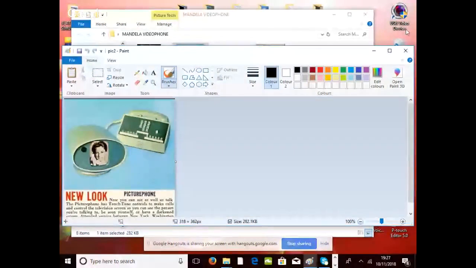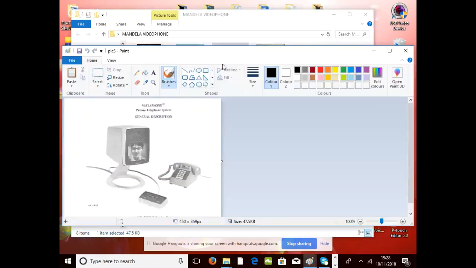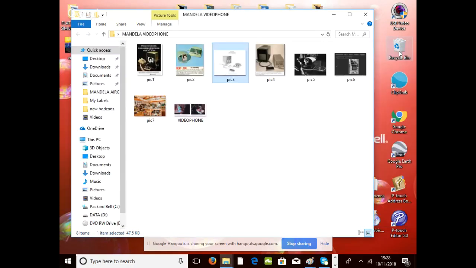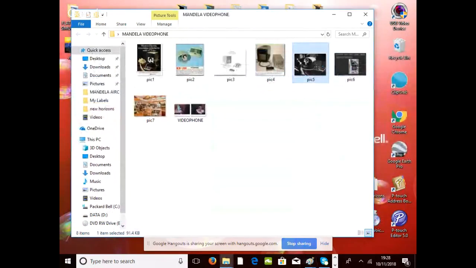Okay, from the 60s. Vista phone, picture telephone system. This one here is the original. There we are, picture phone, Western Electric in the early 1970s. There's a different model.